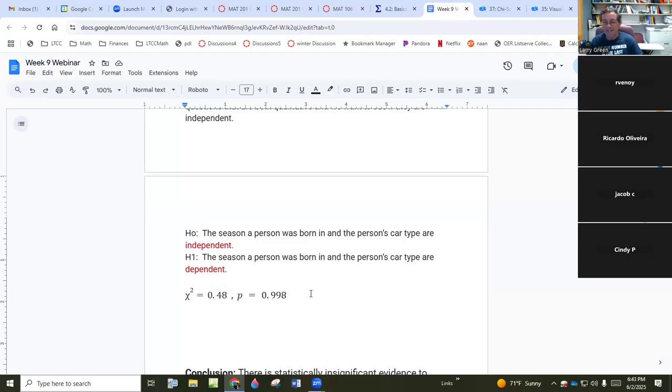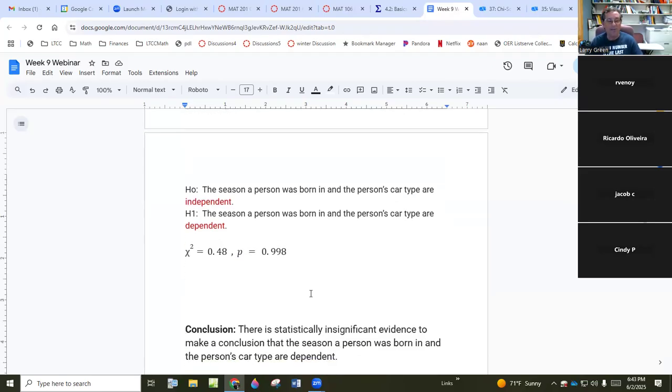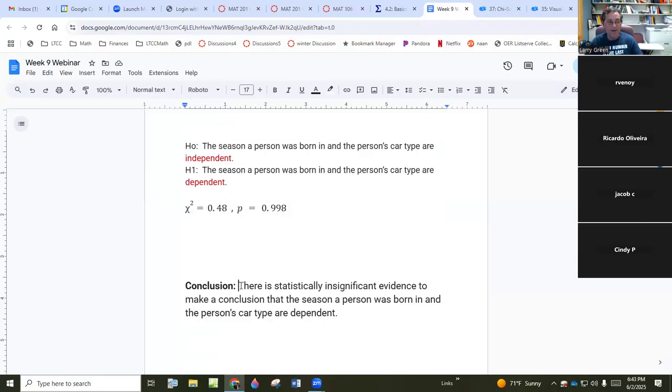Okay. All right. If you don't remember, then p is very large. It's bigger than any level of significance you would ever use. So if p is 0.998, you fail to reject the null hypothesis. And the conclusion, remember, the first word is there. That helps out. There is statistically insignificant evidence to make a conclusion that